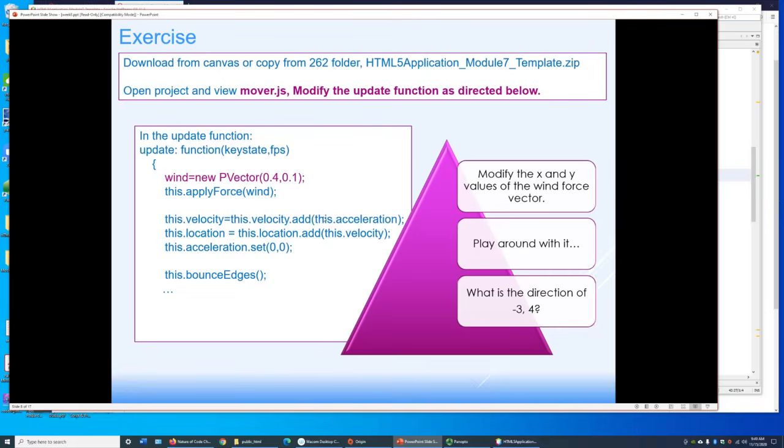When I say this.applyForce, the only thing that's going to be different between the acceleration versus velocity and the add function is that we take into consideration mass and stuff like that. But when we apply this wind vector of 0.4 and 0.1 to our current mover's values,